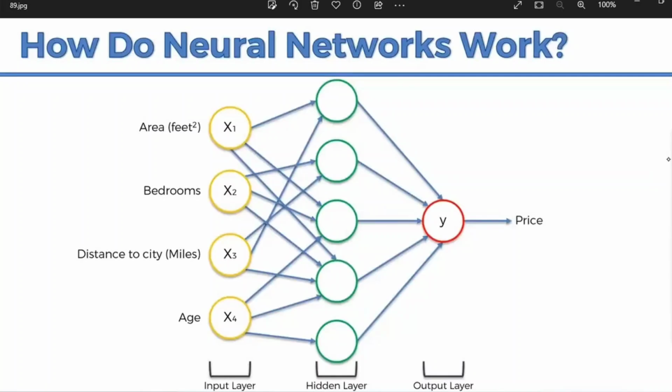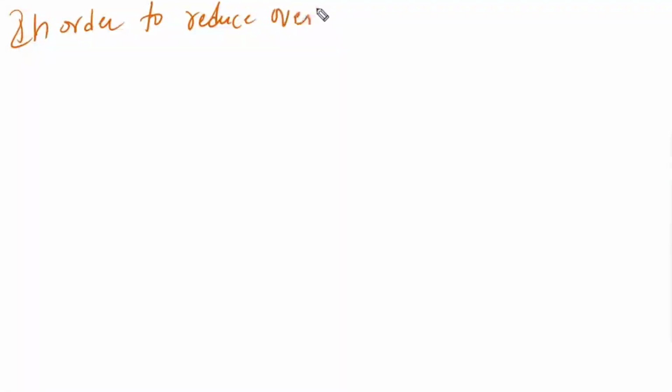So in this, if you observe, this particular neuron was connected only with this one and this one. Sir, what happened with X2 and X4? It might be dropped. Dead neurons, whatever it is, the output is 0, means that connection will be automatically dropped, right? So in order to reduce the overfitting problem,